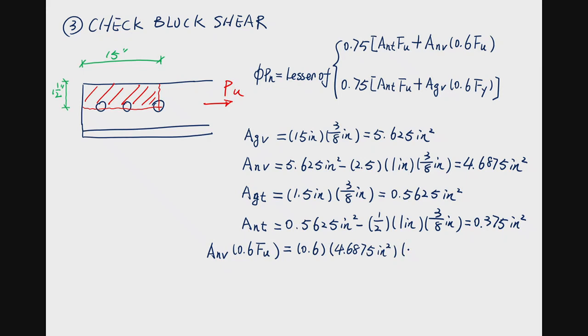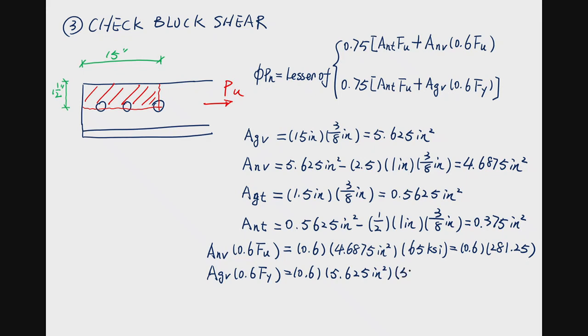FU is 65 ksi, which is equal to 0.6 times 281.25, and then AGV times 0.6 Fy is 0.6 times AGV, which is 5.625 square inches, times 50 ksi, so equals 0.6 times 304.69. So we know that